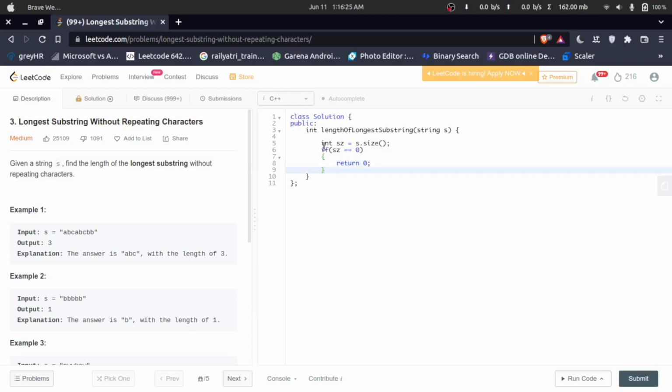So now first I'll take a character set, and I take I0 and J0 as the 2 pointers, right? And I am also taking a variable that will check the maximum length of the substring which is not repeating. So right now, while I is less than sj,